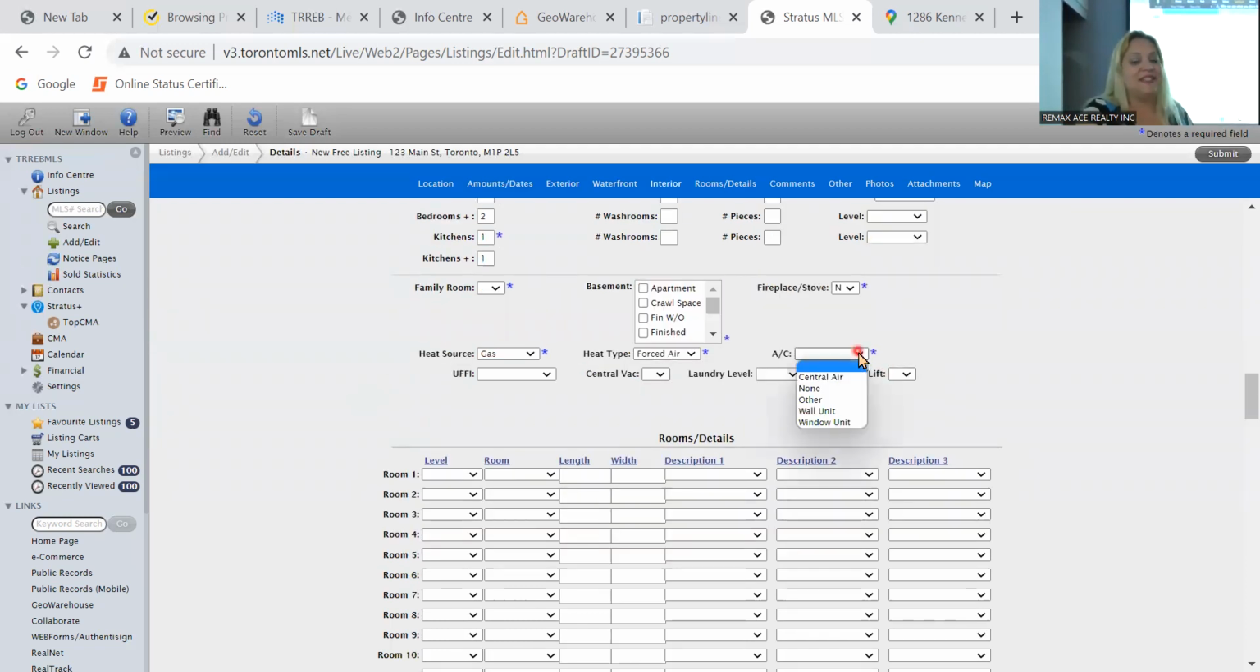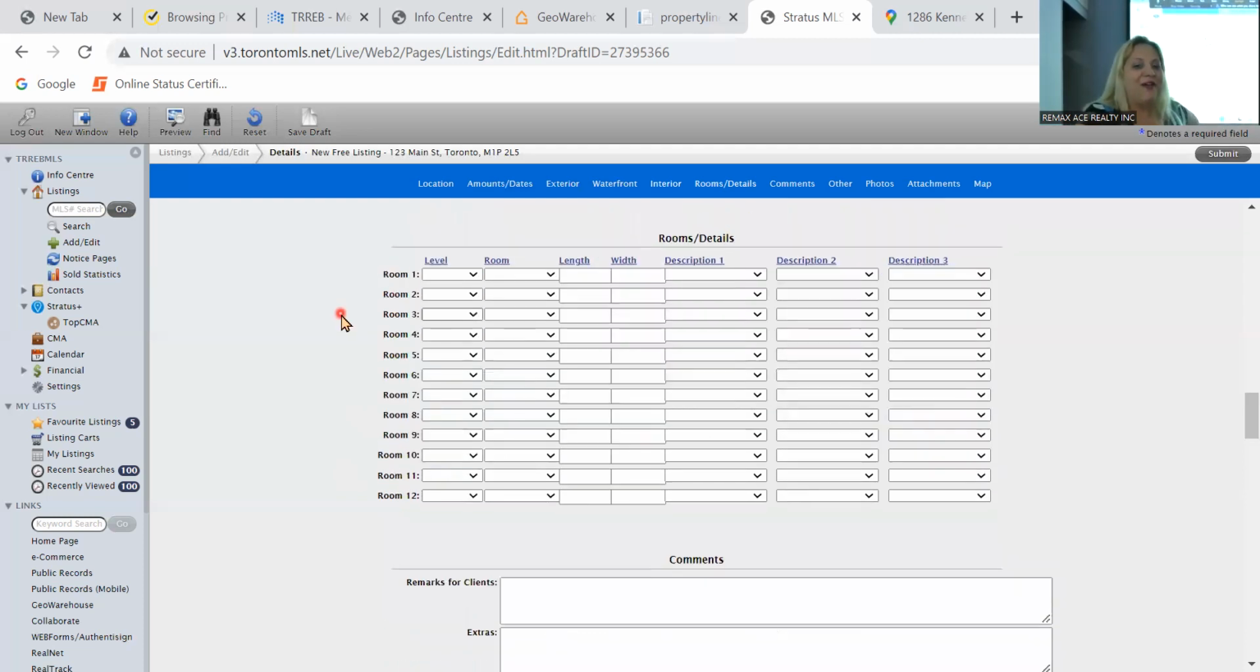AC, again, different types of AC. Is there central air? Is it a wall unit? Is it a window unit? Most of the time we're seeing central air, especially if they put the gas forced air unit in, they're blowing it through the vents, meaning it's a central air system. Okay. Now the